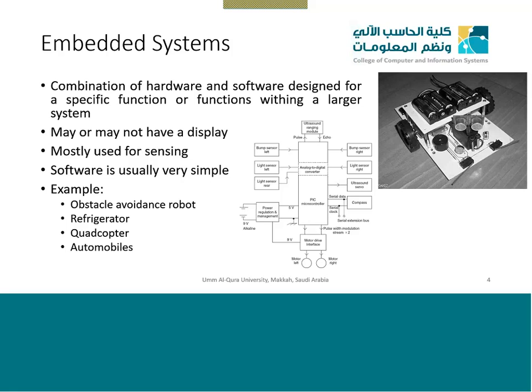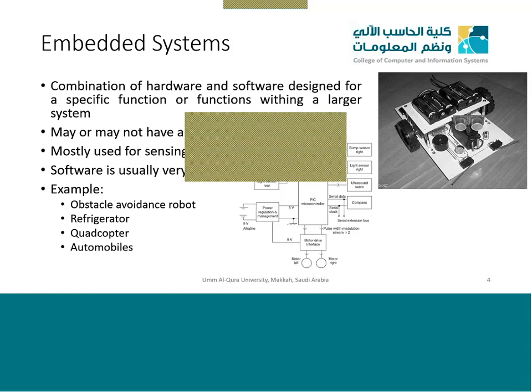If you have your car remote lock, it will be the buttons in your car remote lock. You have two buttons to lock or unlock your car. That is the input, and the output is the radio signal that it will send to lock or unlock your car. So that is the output. It sends a signal. In the case of your TV remote, the buttons are the input, and the infrared signal which it sends is the output.